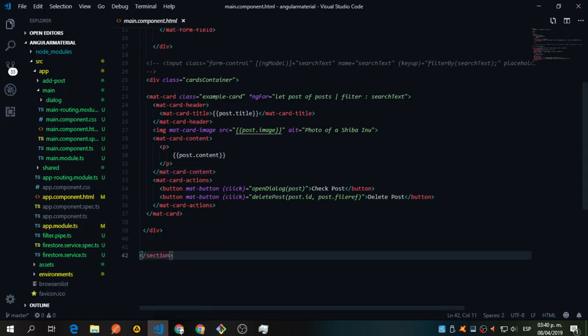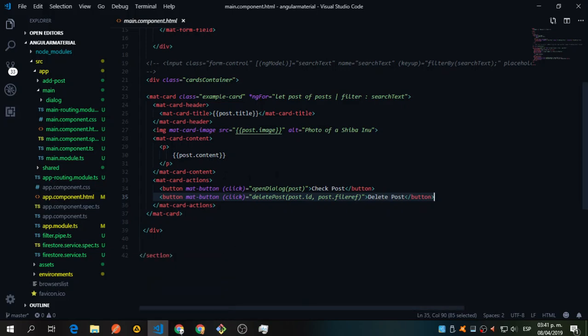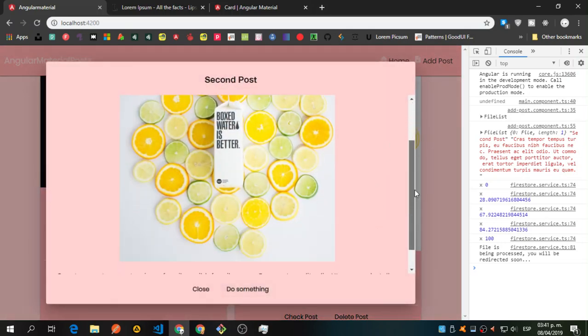Delete post is just deleting the post, passing the post ID, and deleting using the file reference is the same function that I used in the Angular file uploads. It's the same function. So I'm just focusing here on the material part of the front end. So when I click this one, check post,